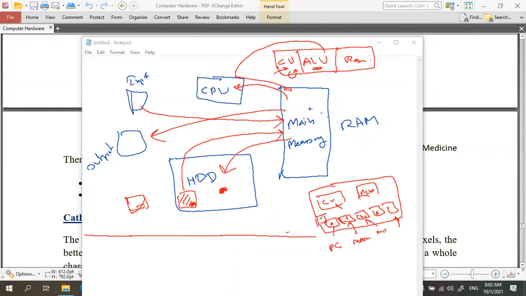The L1 cache is again a memory that is used to keep some small instructions which are to be sent to the arithmetic and logic unit, the very frequently used ones. Got it? So these are two different things, right? Okay. In some computers, actually, the L1 cache is located outside the CPU. Those situations also exist.